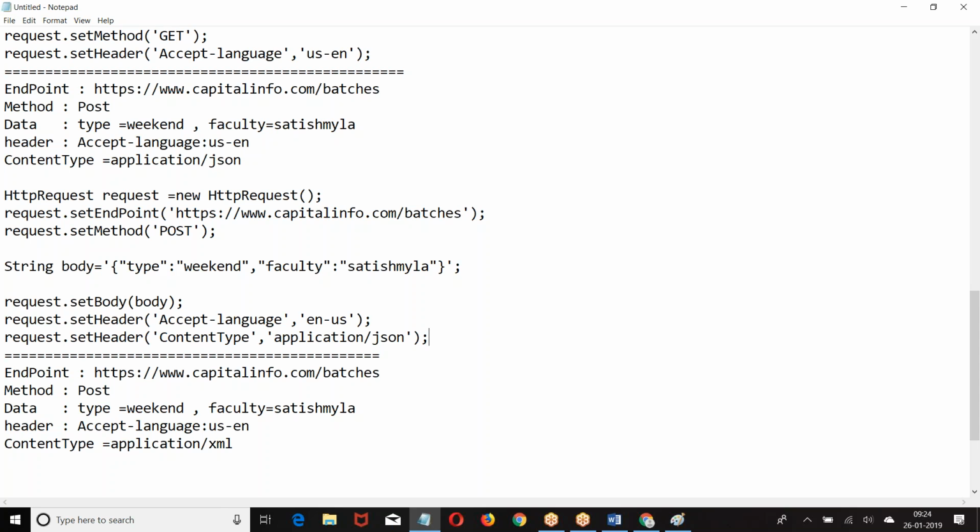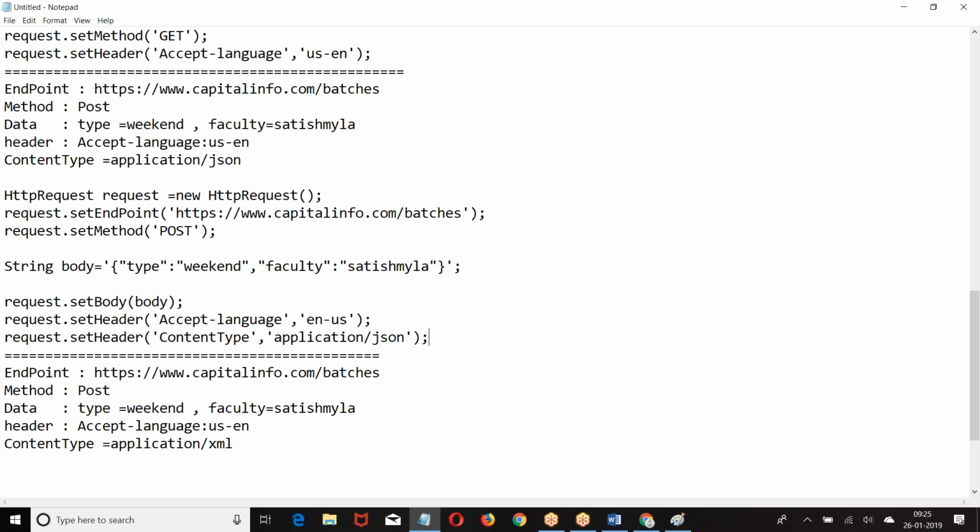So you have to convert it in the form of XML. So this is the way in which we create a request message. Then we are supposed to create a response. So how do you create a response? Was that clear? This is to create a request message. Generally, the main parameters are endpoint, method, body, header. I hope everybody has followed this.